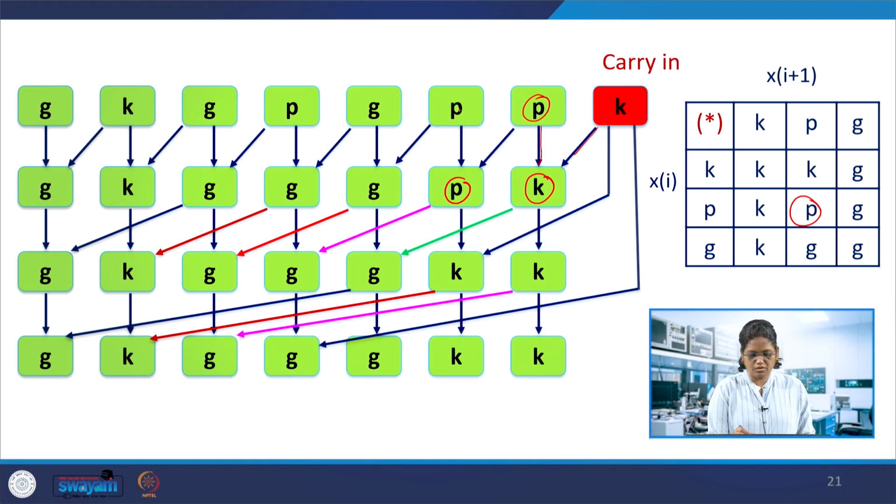So generate, this is I, the stage which is P, and I plus 1 is G, the next resultant would be G. So P and G, the generate over here. Similarly G and P also would be generate, and propagate is also generate, not the propagate. P and G is also generate, and kill and generate will be generate. So this one, last one. So the second stage is obtained.